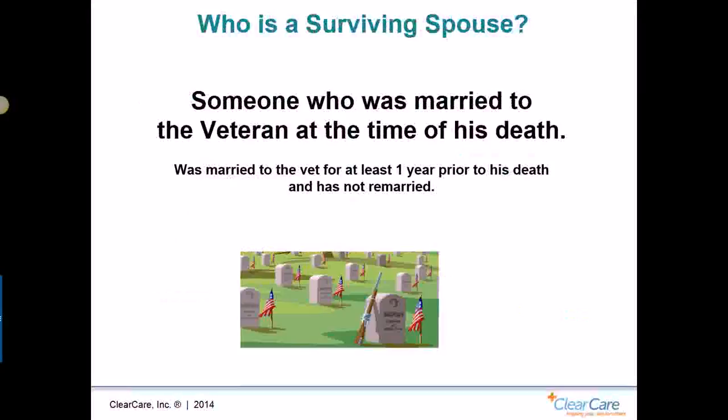If you weren't married to him at the time of his death because you got divorced, then you are what's considered an ex-wife, not a surviving spouse, and you are not eligible for this benefit. The other criteria are that you have to have been married to the veteran for at least 1 year prior to his death. The reason they had to implement that is that in the early 60s, we had a lot